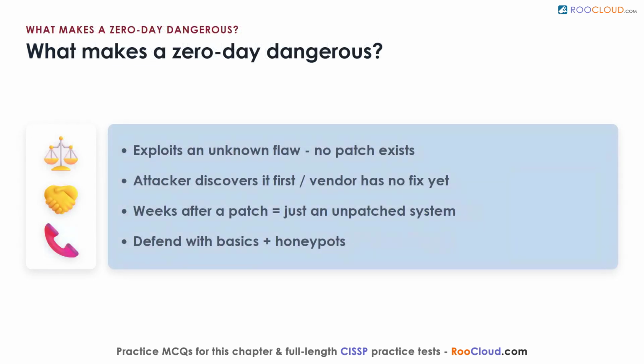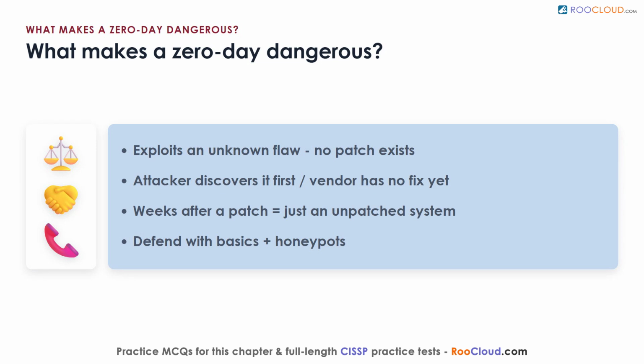What makes a 0-day so dangerous? The 0-day exploits a vulnerability that defenders do not yet know about, so no patch exists. The purest version is when an attacker discovers the flaw first and is the only one aware of it. The label also covers the gap when a vendor knows but has not shipped a fix, and even the window right after a patch drops before